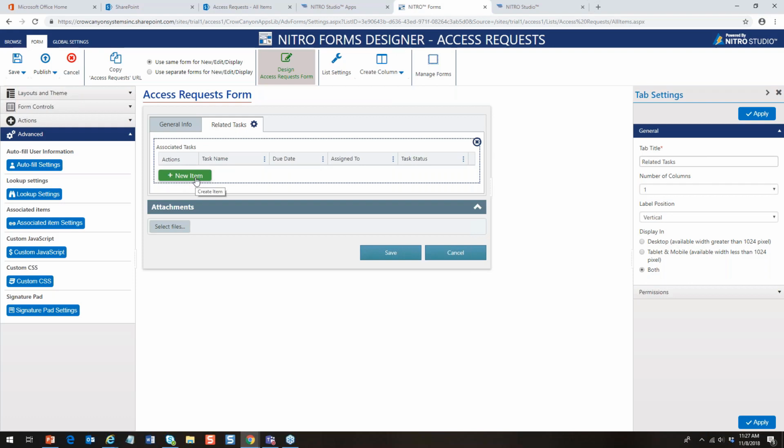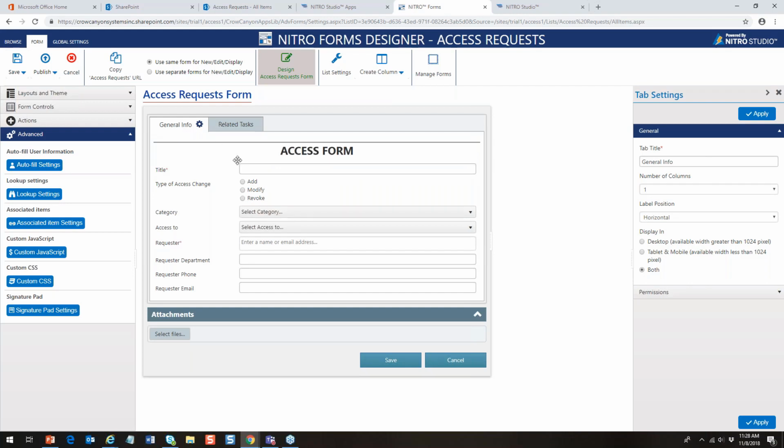And I could add other lists if I had them I wanted associated with this. Frequently in our request management system, we'll have time tracking associated with this. If you wanted to have time tracking, you can have time tracking associated. Any kind of related item, email history is another one that's often related to requests, what emails have gone back and forth. And the same idea applies. You can go to associated item. You have the main list of requests. You have a sub list of tasks or time tracking or email history or whatever, and you could tie them together like this, and it will show all the tasks that are related to this request. And quite interesting